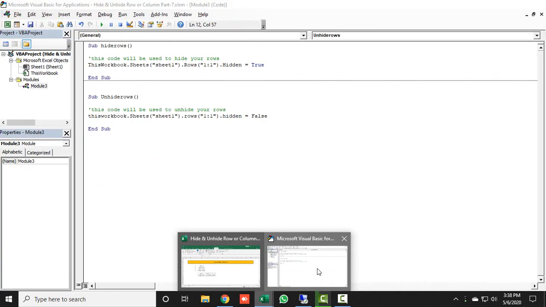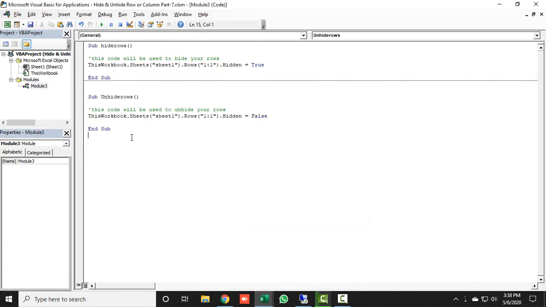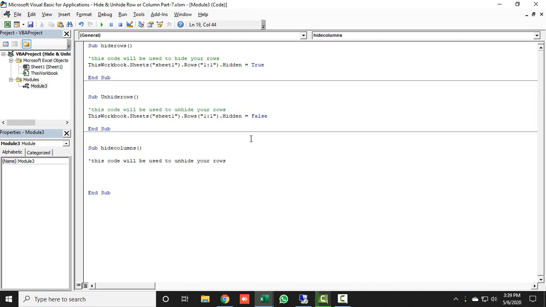So let's do the comments and code for columns. Here I will simply type Sub hide columns. Then press enter, and here I will type my comments: hide your column.